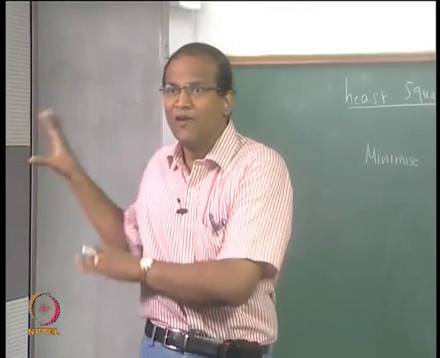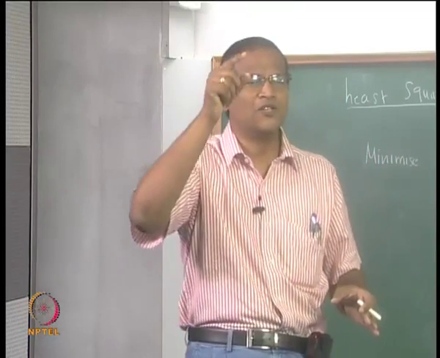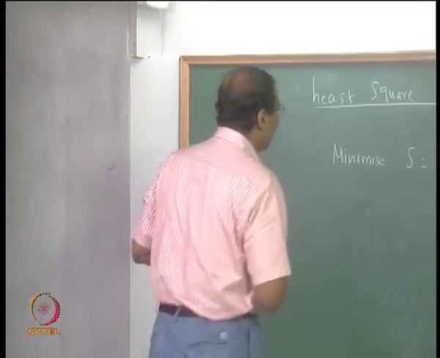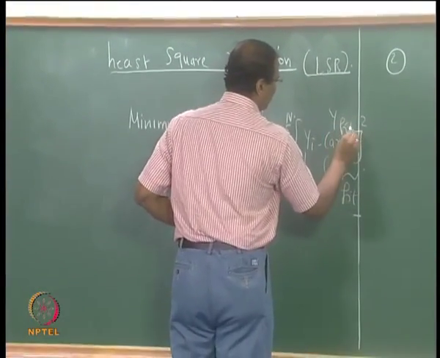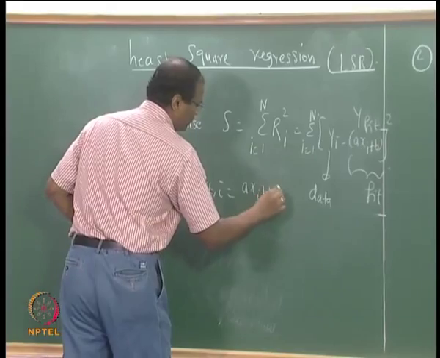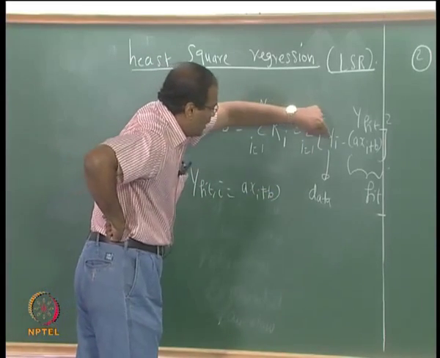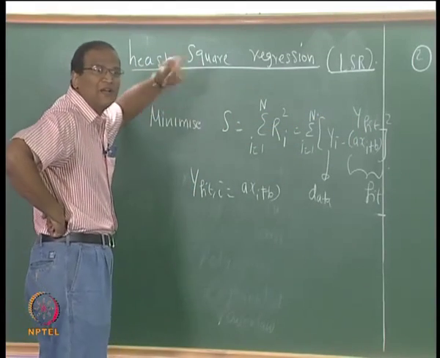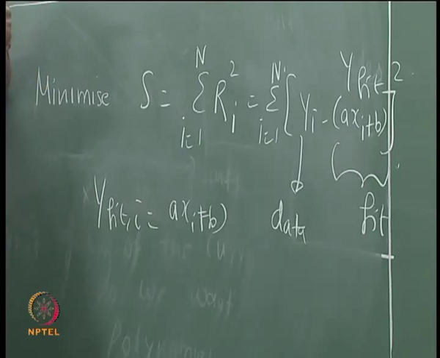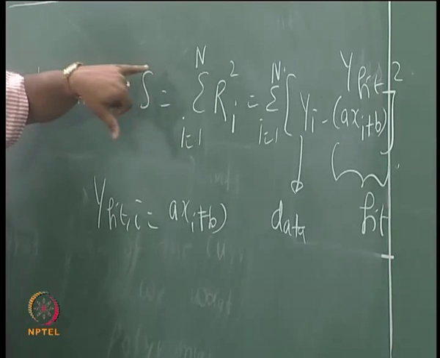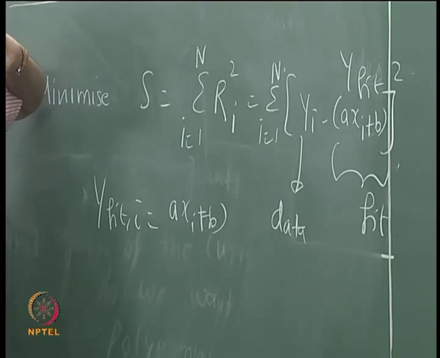So whenever you have a procedure by which you determine a and b and you substitute ax plus b, this will be different from yi data. So the difference between the yi data and the y fit, y fit of i is equal to a xi plus b, the difference yi data minus yi fit is basically called the residue. The residue is squared and you are trying to minimize the sum of those residues. So you are minimizing the sum of the residues in a least square sense, because the square takes care of all your negative and positive, and this also helps you in getting a unique value of a and b.